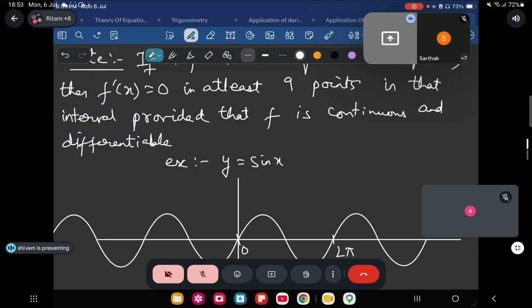Right, Sarthak. f of x equal to 0 at 3 points: 1, 2, 3. And f dash x is equal to 0 at how many points? 2. Can you understand? So see,